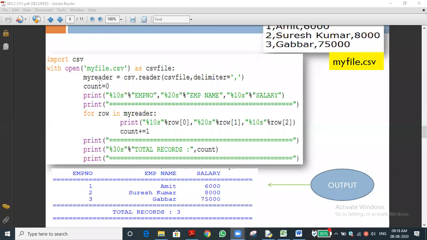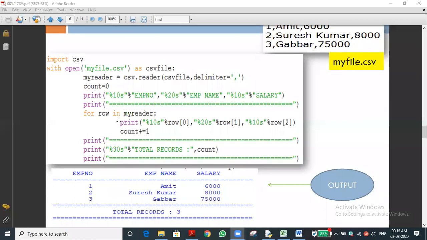So automatically my reader reads each row by using the reader function. The reader object will read each row and print it. For example, if a CSV file contains 5 rows, it will print the first row, second, third, fourth, fifth. Next it goes to the next row. If data is there, it will print. If there is no data, automatically it won't print anything. That's how the loop will be terminated.